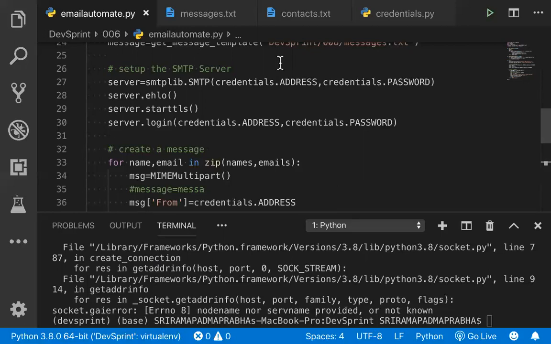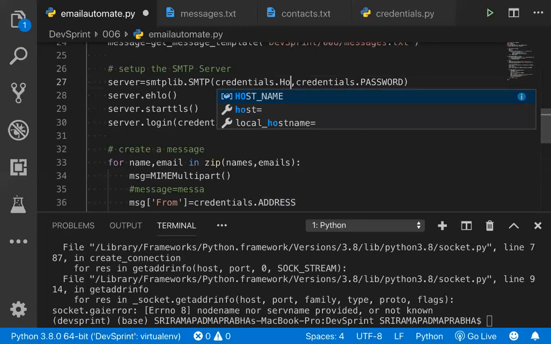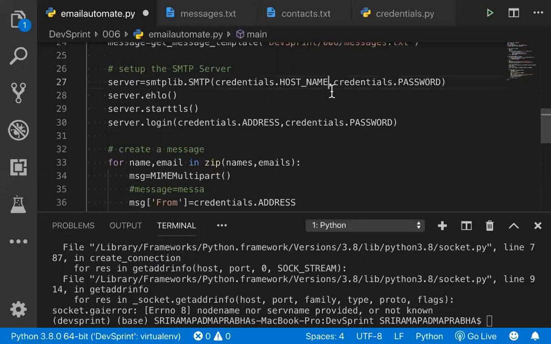Okay, fine. We are using credentials dot address. What I mistakenly did with the SMTP server is that I am using this address and password, but where is the host name? That's the problem. SMTP will take the host name, so this must be the host name and this must be the port.